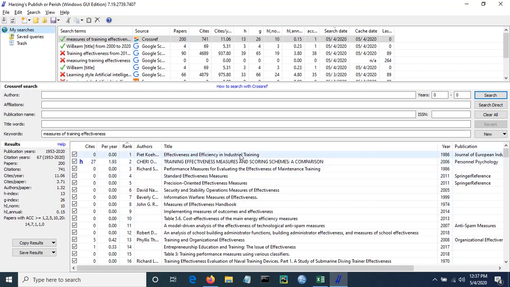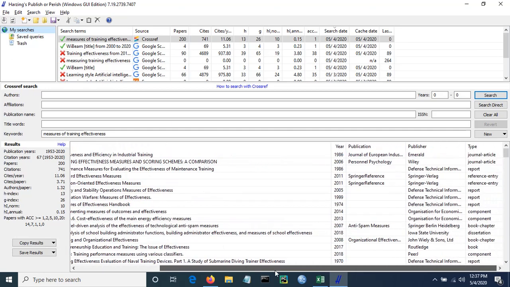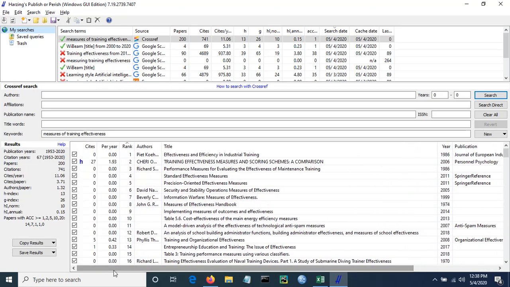Earlier we have done the same thing with Google Scholar. So it'll throw up different kinds of results. Some may be common. So based on which search engine you like, you can actually use whatever you want, and then compile your results together.